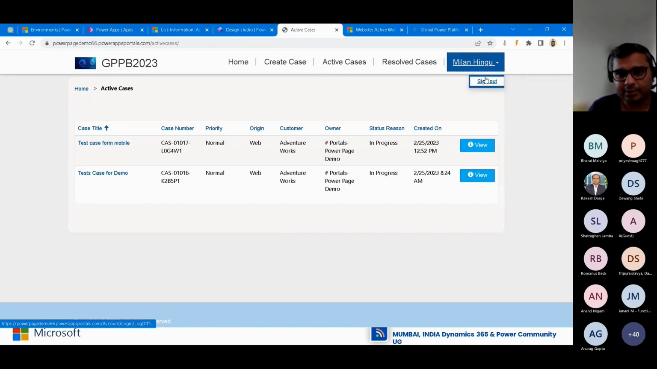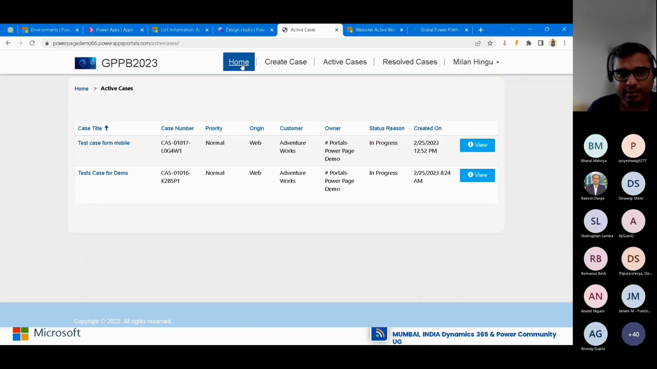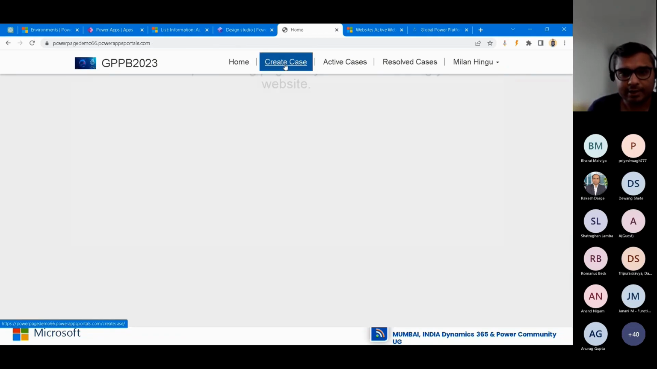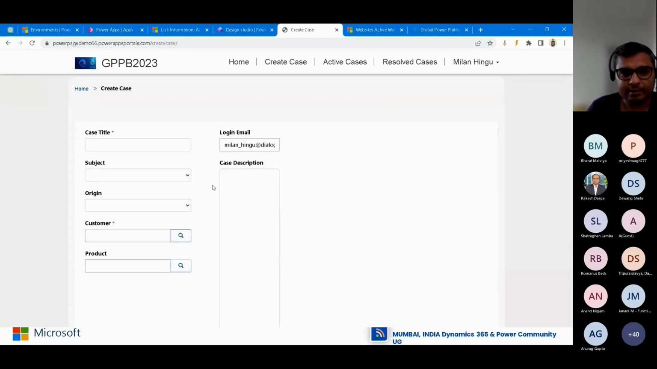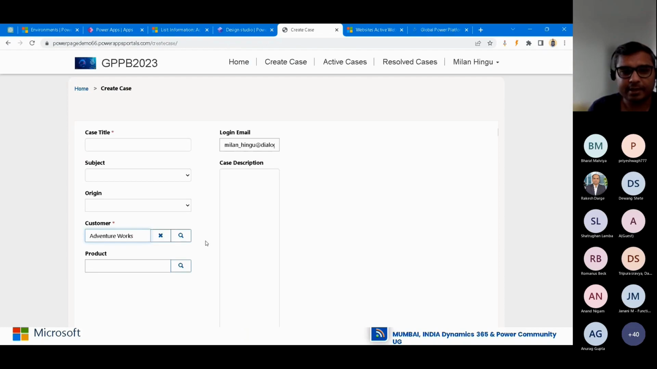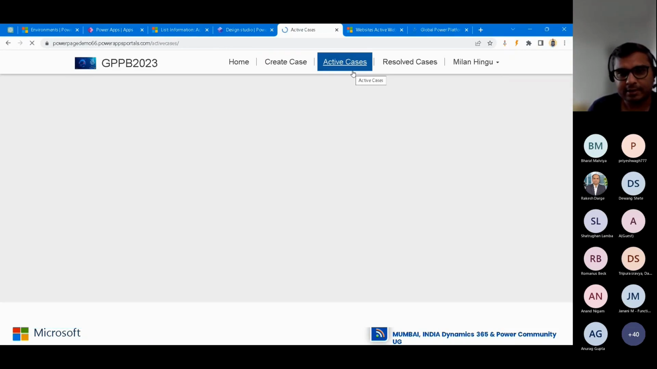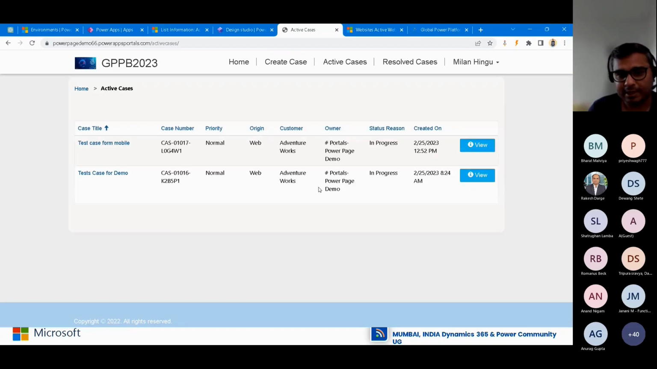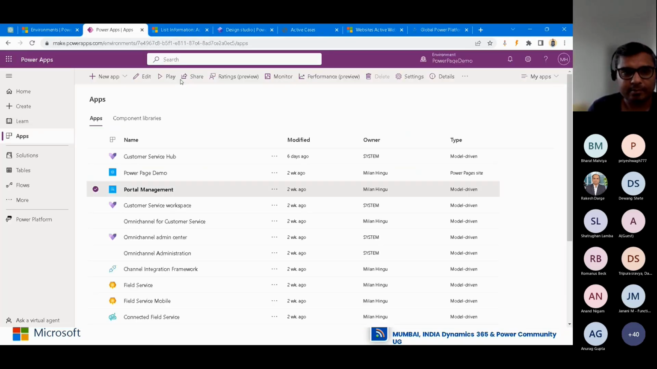This is the security thing. You are the contact of a particular customer. So if you try to create a case, and if you select customer, you can populate this customer automatically in the backend or on the form. You can select only this customer because you are a contact of this customer and you are creating a case. So you can see your cases only from that company. This security you can handle